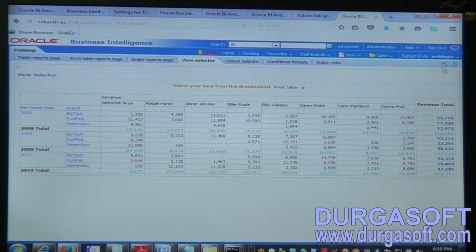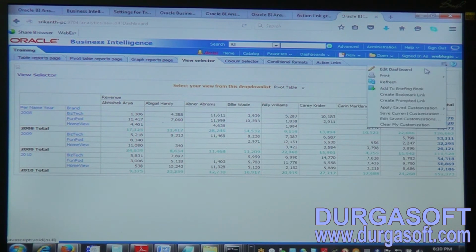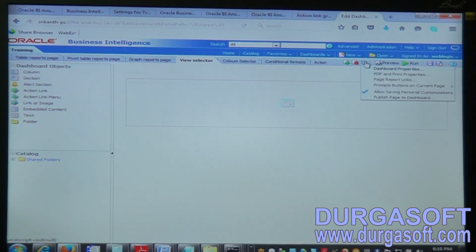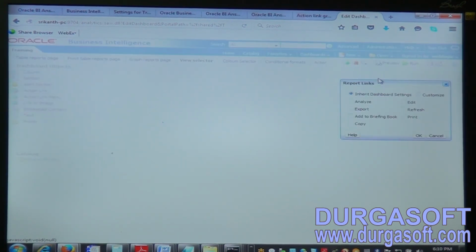So for this we'll go to edit dashboard. Here in this drop down list we can see page report links. Once we select page report links, first we can select edit.